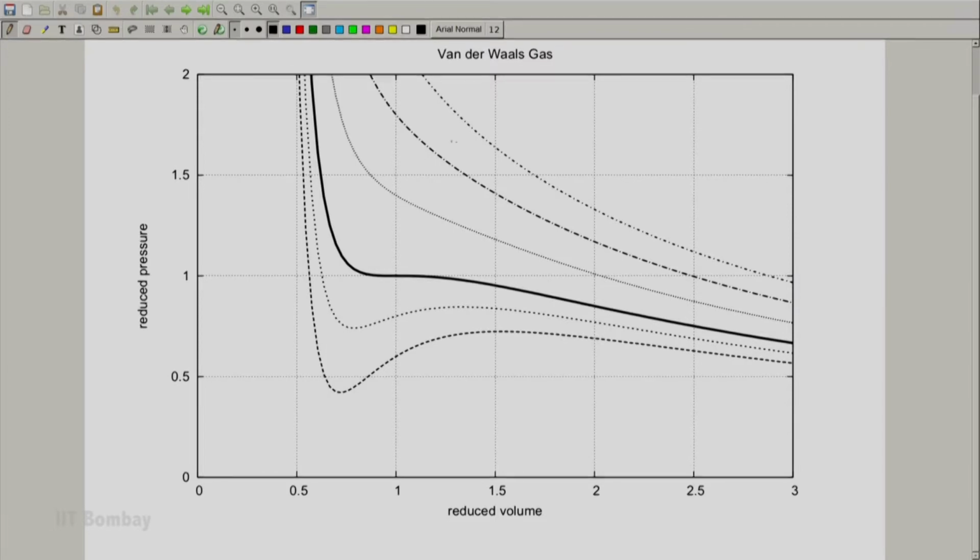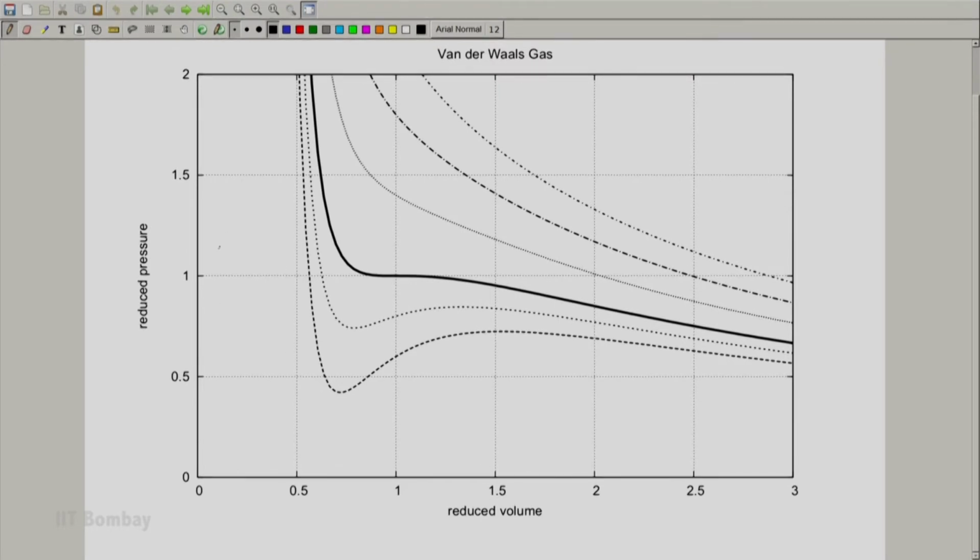It is now time for us to look at the state space of a Van der Waals gas. And let us look at the PV diagram on which a few isotherms are plotted. Here we have the van der Waals gas equation of state plotted as a set of isotherms, pressure on the y axis, volume on the x axis. So, what we have is essentially the PV diagram for a van der Waals gas.